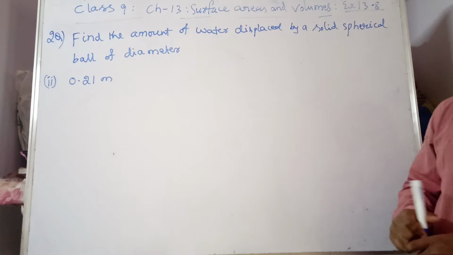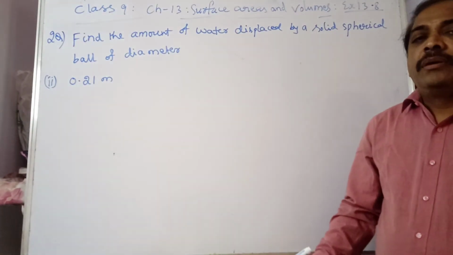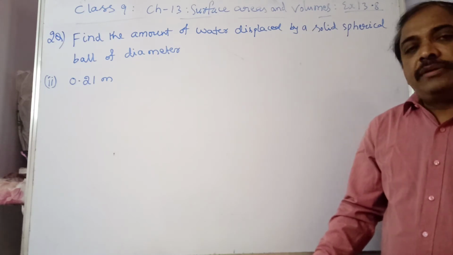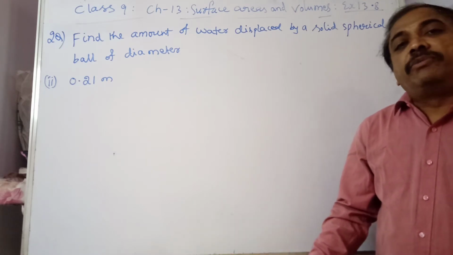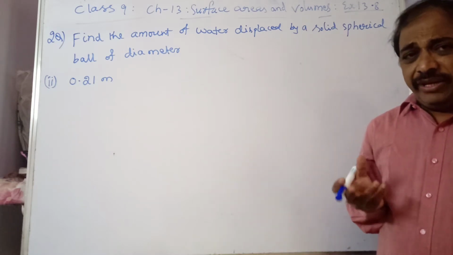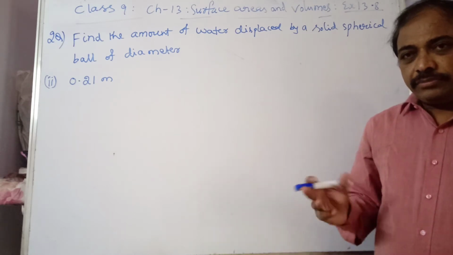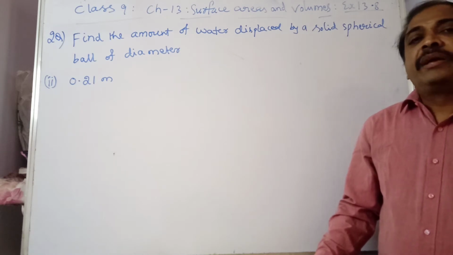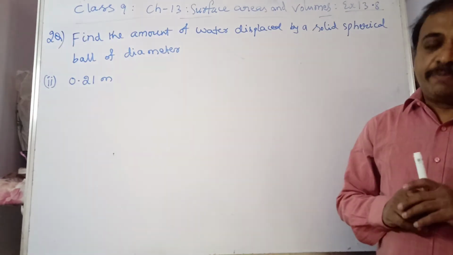Hi students. So till now in the previous session we have discussed the surface areas and volume. In that chapter, the volume of the cone. What is the volume of the cone? It is 1/3 of the volume of the cylinder, 1/3 pi r square h. And we have verified the application part of the volume of the cone based on the different questions in exercise 13.7. Now we are going to do another solid shape, that is sphere.